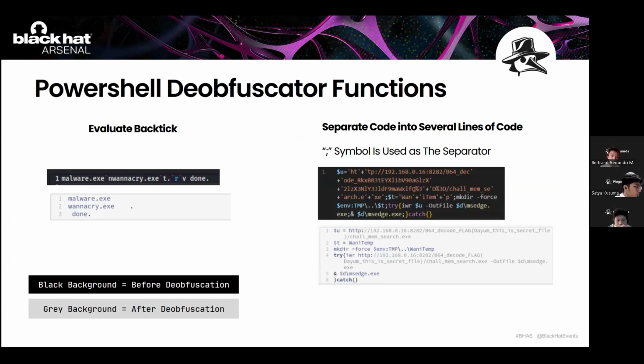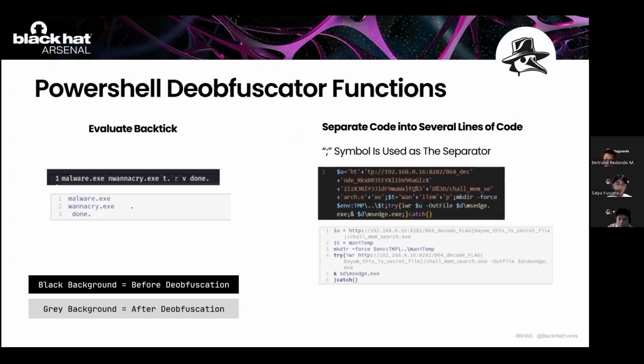As we can see in the result below, the new line is successfully executed between the malware.exe and WannaCry.exe string, which is split into 2 lines. The horizontal tab is also successfully executed between the WannaCry.exe and the full stop inside the second line. The third one is the return line, and the last pattern is the vertical tab, which is done between the full stop inside the second line and the done string in the third line. So we successfully ran the vertical tab command.